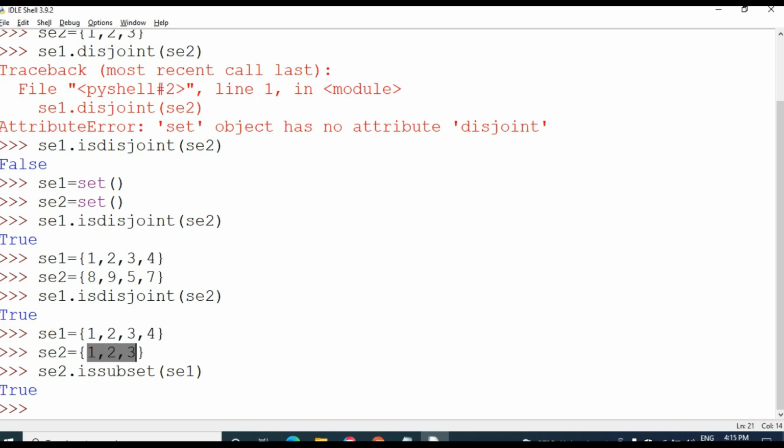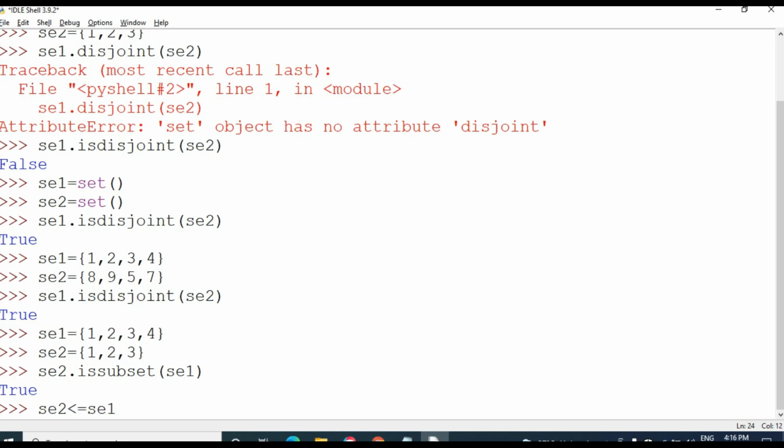True. That means all the set 2 elements should be present within set 1. If all the elements are available inside set 1, then only it will display true. Otherwise, it will not return true.